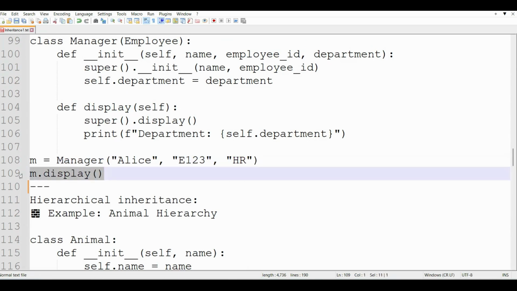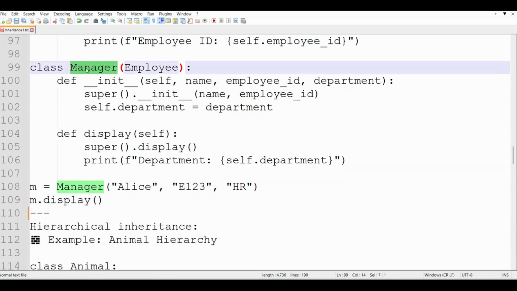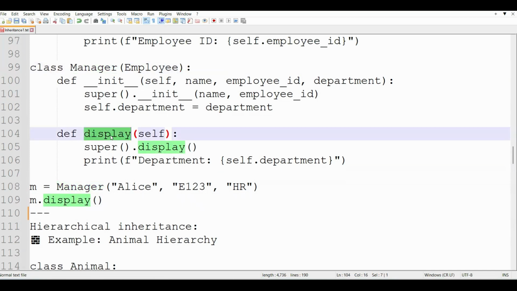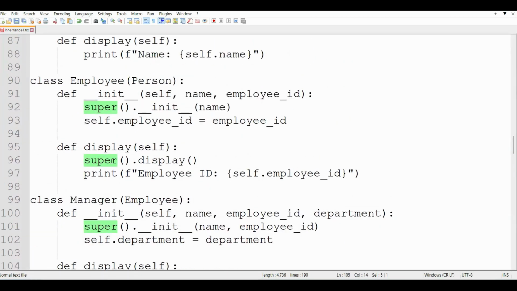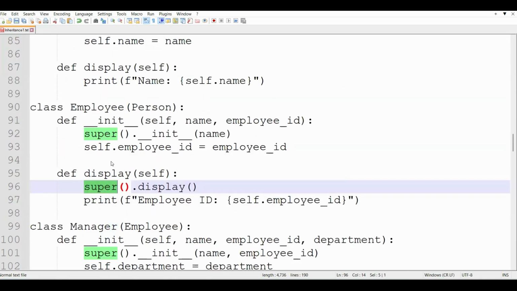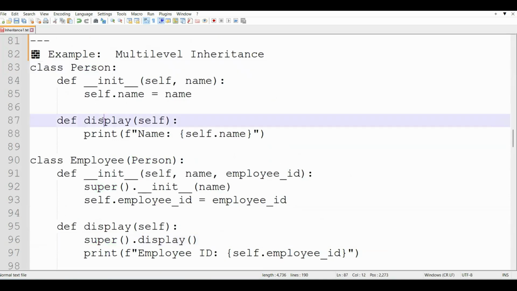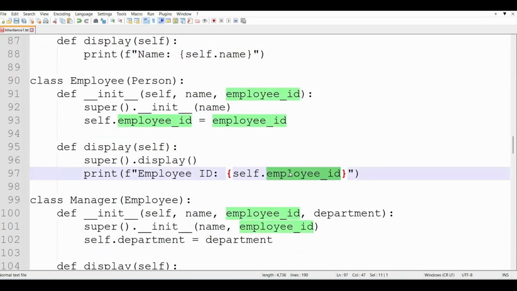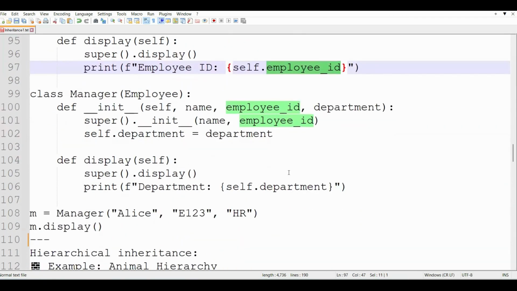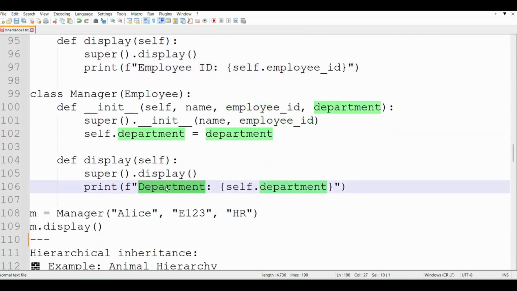Then one more instruction, m.display, calls the Manager version of display, this one, which calls Employee display because of super().display, right? It goes to Employee display, which again calls Person.display, this one. This is a chain and prints the name, alias, then prints employee ID E123, then Manager display prints department